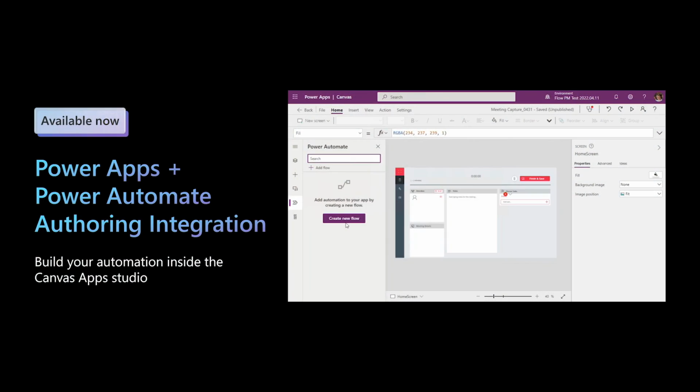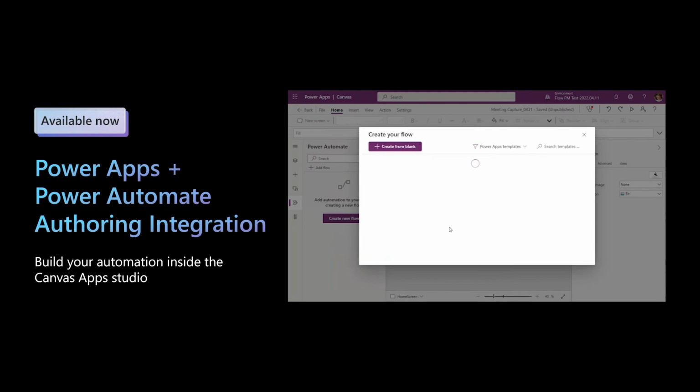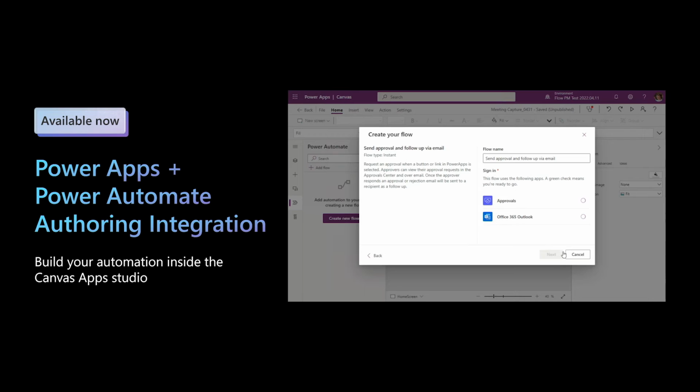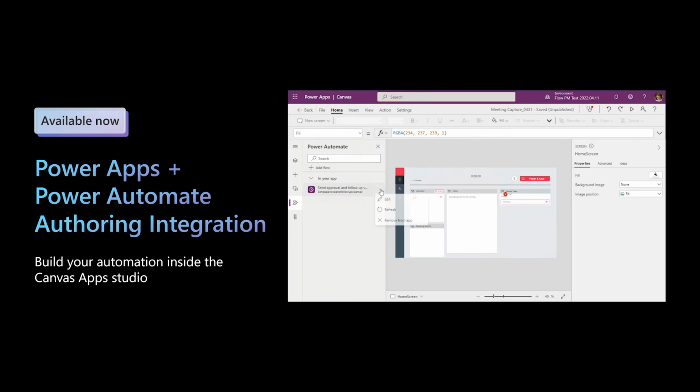Now in public preview, in just a couple of minutes, you can get insights about the history of your cloud flows and then discover opportunities to optimize. We know a lot of developers build apps and flows together. So we've added new capabilities as a part of the Power Apps Canvas Studio. You can now get started building automation right inside of the studio. If you don't want to have to go out to the Power Automate website, you can just click Create a New Flow from inside your app. This makes it easy to build the automation that your application uniquely needs.